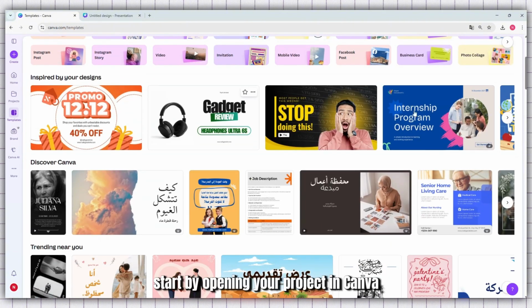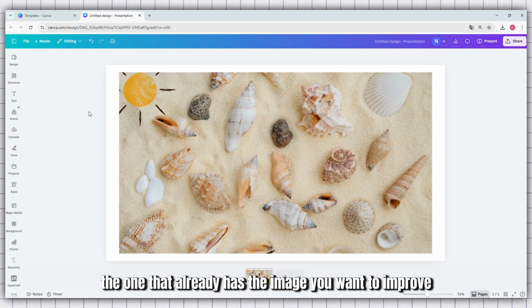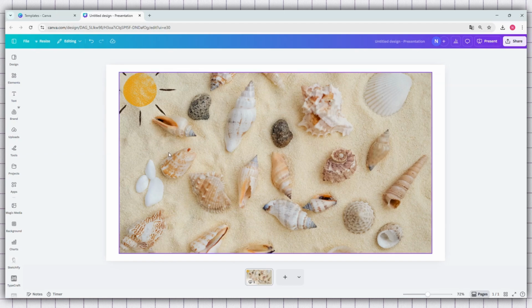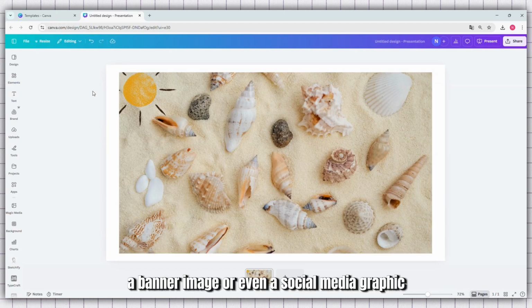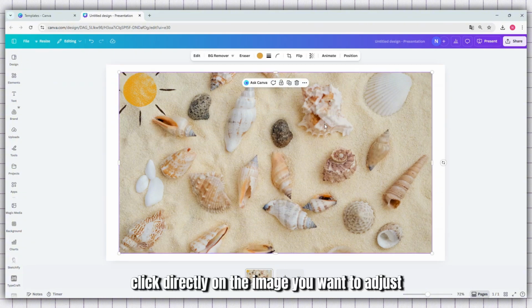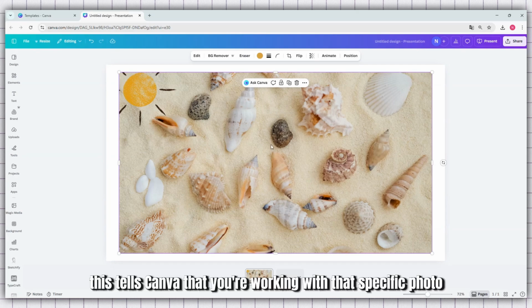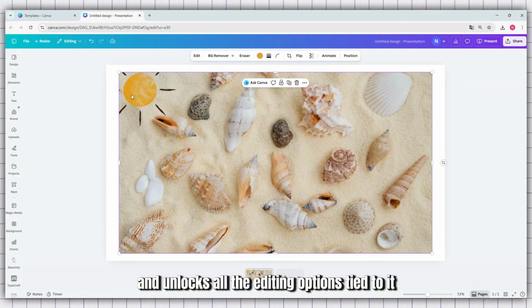store. Start by opening your project in Canva, the one that already has the image you want to improve. This could be a product photo, a banner image, or even a social media graphic. Once your design is on the screen, click directly on the image you want to adjust. This tells Canva that you're working with that specific photo and unlocks all the editing options tied to it, instead